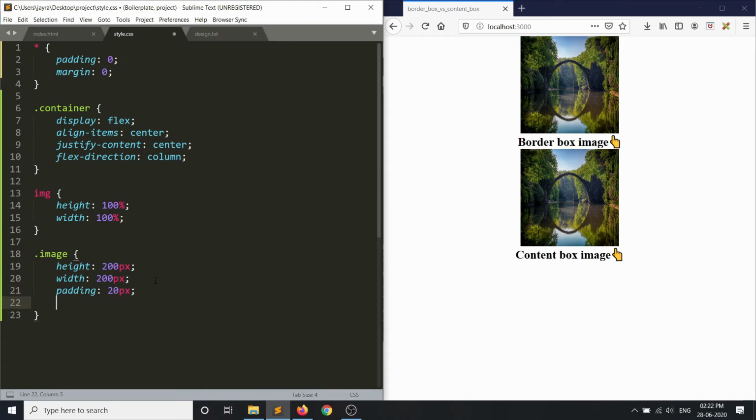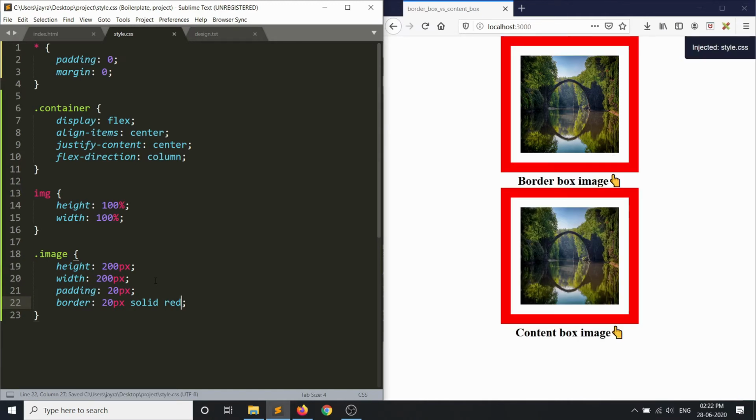Let's put some border, let's make it 20 pixels solid, and let's give it a color of red. It will look ugly, but for the purpose of this video, where we'll be looking at the box-sizing property, this is enough. I also don't like the font, but it doesn't matter for this video at least.